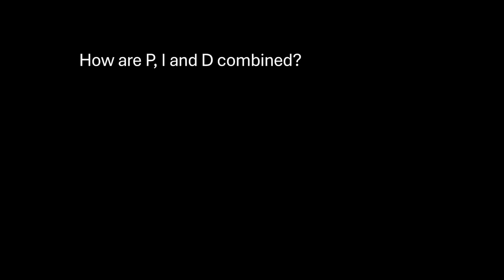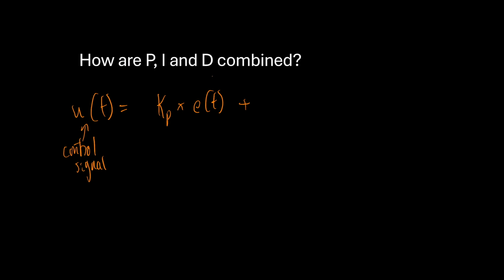So how are proportional, integral and differential combined? Firstly, we use U of t. So this is our control signal. And remember, U(t) is the output of the controller and the input to the process or your system. And so U(t) equals Kp, which is a proportional parameter, multiplied by e(t), which is the error, plus